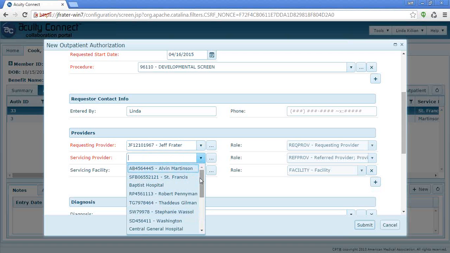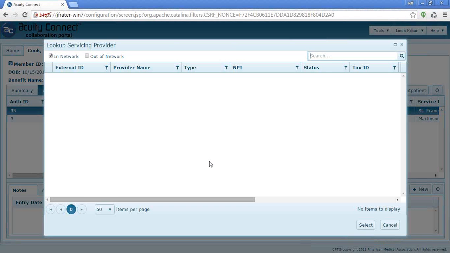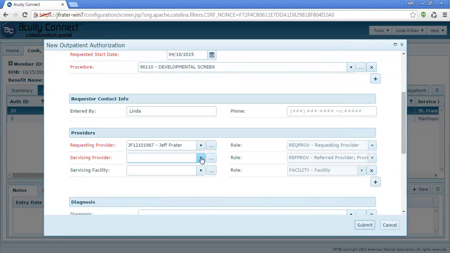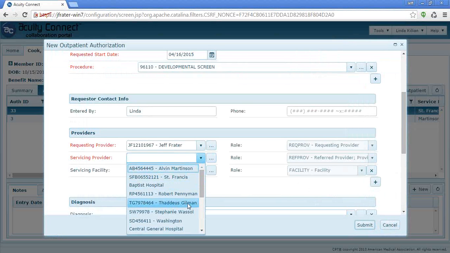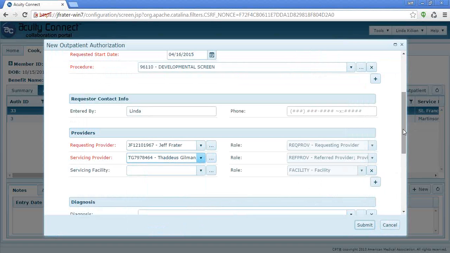And how about servicing provider? I'd like to send her to see Dr. Newman. All right, let's see if we can find him. I don't see him in the drop-down list. If we click in this ellipses, we can search further by his last name. Nothing's coming up. Now I remember the health plan staff told me it would only be set up to show us providers that are within this patient's network. Oh, so Dr. Newman must not be in there. Right. How about Dr. Gilman? Okay. Well, let's look up Dr. Gilman. Oh, there he is. Great. He's in our drop-down list.